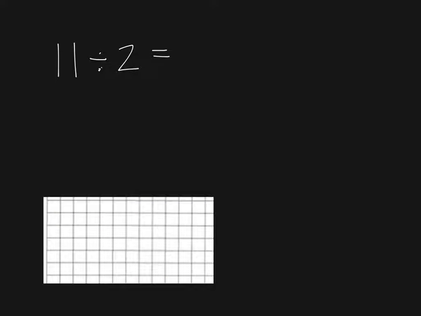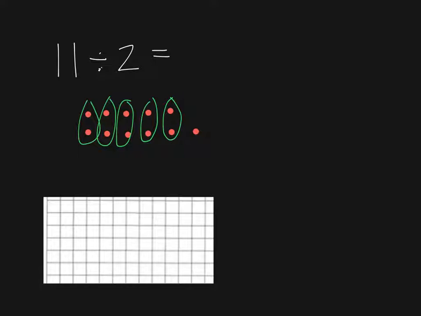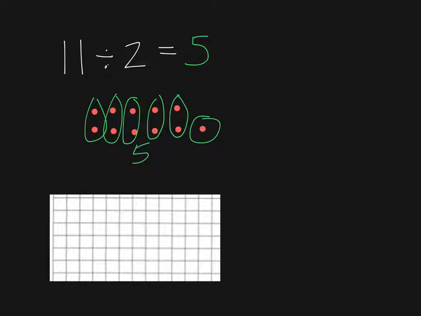So here we have a problem, 11 divided by 2. I'm going to start in the same manner. I'm going to use my array model, and I'm going to start by making 2 rows, and then I'm just going to keep adding dots until I get to 11. Now you can see that these do not divide out evenly. I can make equal groups of 2, and I end up with 5 equal groups of 2, but then I have this 1 unit left over. So my answer to this problem is 5 equal groups,